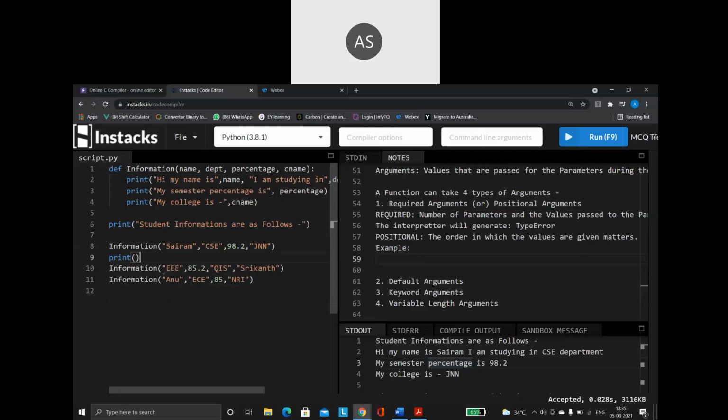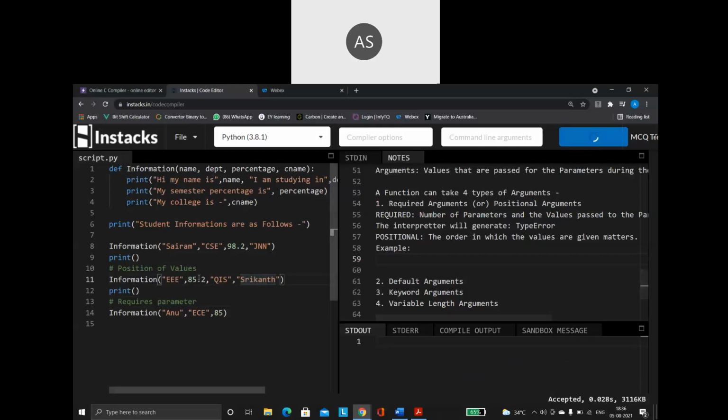Now when you run the program, first, this example is to tell you about the importance of the position of values, and this function call is going to tell you about the required parameter, because I'm going to take out one value. So for both things I have added this example.